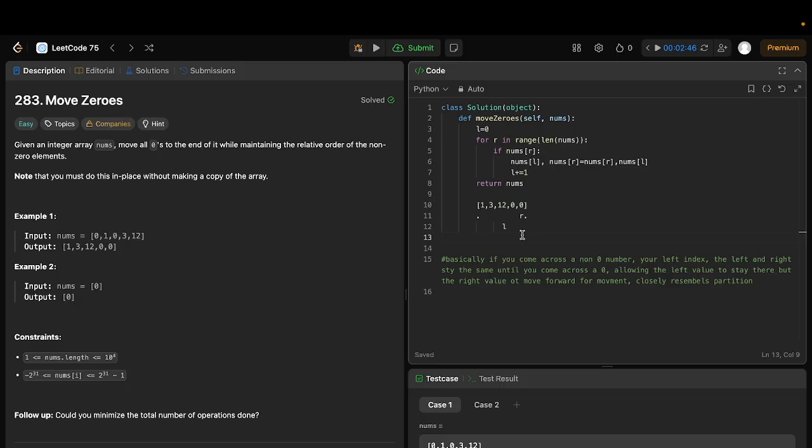I hope that made sense, and that's just me going through my thought process and how I wish to approach this. If I were to come across another problem like this, the things I would look out for next time would be: am I trying to do something in place, and am I moving my numbers relative to either a certain position or a certain number? That should scream to me, okay, quicksort, let me do something along the lines of this. So yeah,